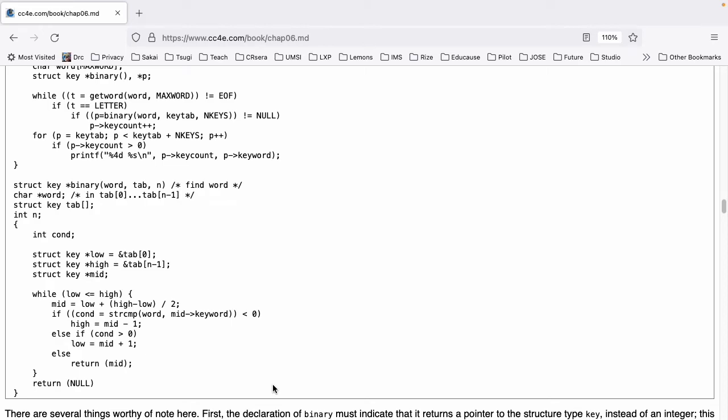And now we look at the binary search. struct key *binary(word, tab, n) char *word; struct key tab[]; int n { int cond; struct key *low = &tab[0]; struct key *high = &tab[n-1]; struct key *mid;